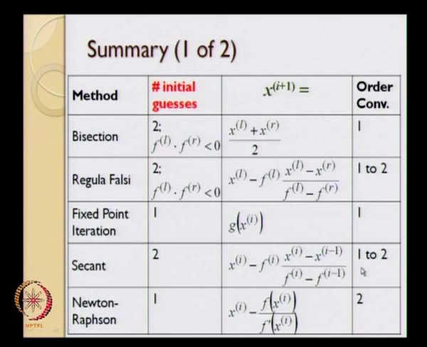That means in the expression ei plus 1 equal to ei to the power eta, eta is a value that lies between 1 and 2. Typically it lies very close to the golden section ratio. In general you can expect in the reguli falsi method the order of convergence to be anywhere between say 1.4 to about 1.6. That is what the reguli falsi ends up being. For secant it is equal to the golden section.